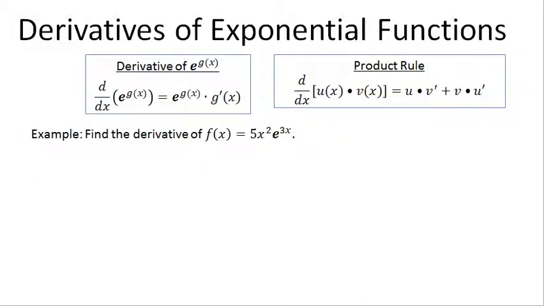So let's move things out of the way and let's use the product rule to compute this derivative. If I'm thinking of the 5x squared as a single factor and the e to the 3x as a single factor, then the 5x squared becomes like the u and the e to the 3x becomes like the v in the product rule. Therefore, according to the product rule, the derivative of this product will simply be the u, which is the 5x squared,